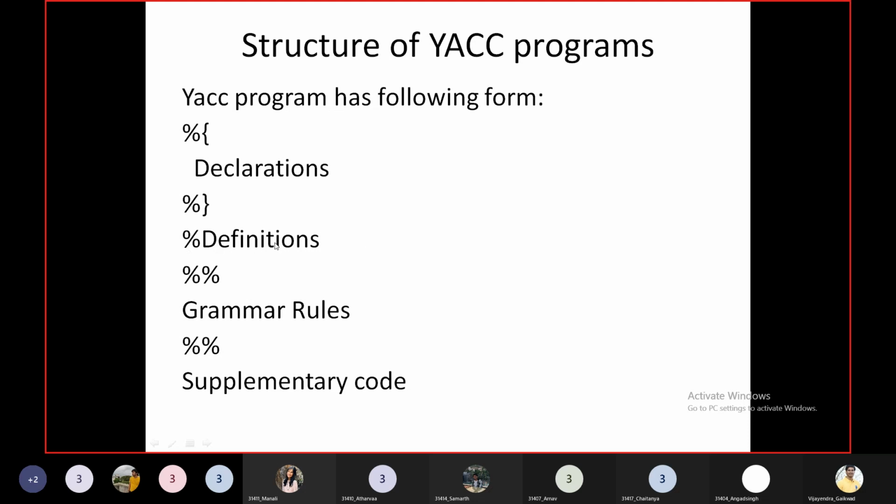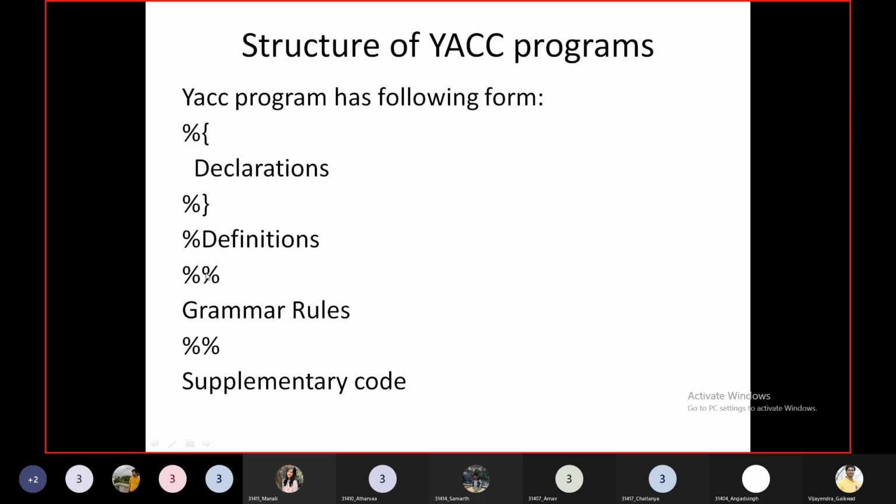Now here we have to declare the token codes in the definition section. How do the token codes look, and what are they used for? We'll see in the example. Just remember, we have to declare the token codes over here, with a percentage sign, then the keyword token,